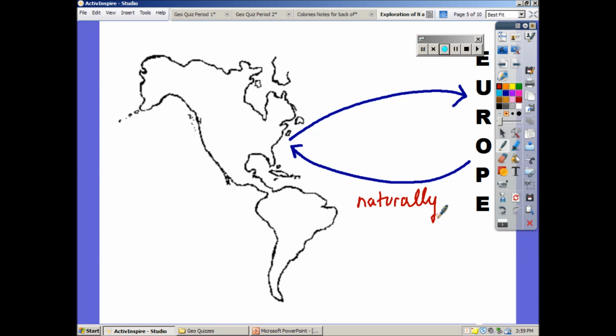But the result is this, that this Columbian Exchange doesn't just involve food or animals. It involves seeds, it involves insects, and it involves illnesses or diseases as well. It's a very important concept that you understand. But it's also something, again, that naturally occurs. It's not something that we thought to do or planned to do.